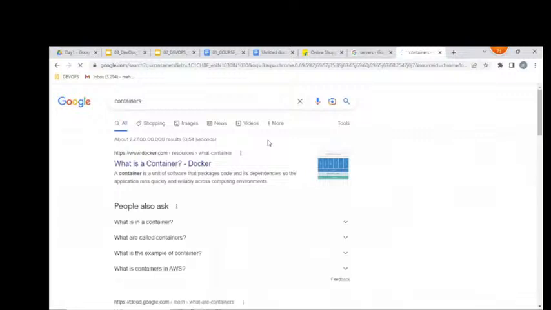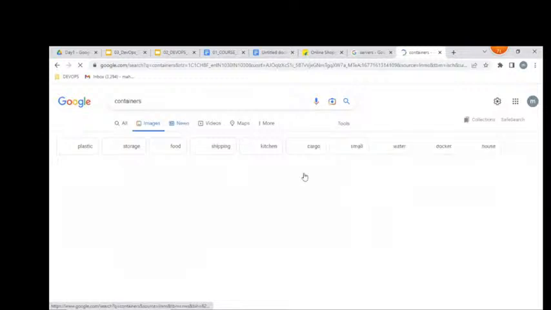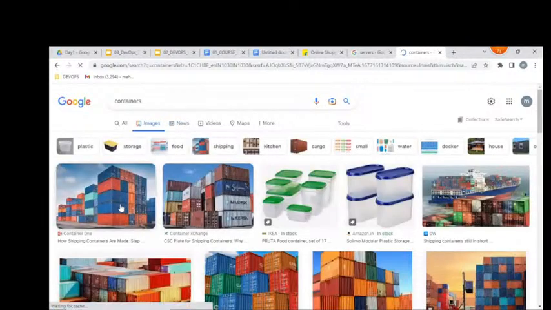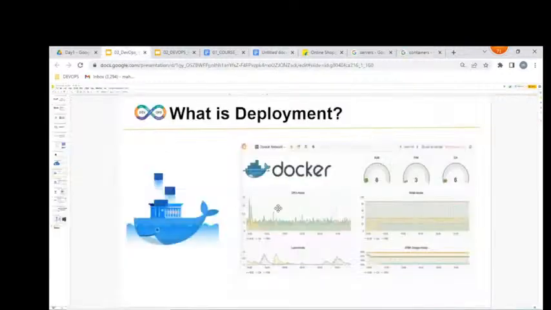I think you have an idea about real-time containers. How these containers work, the same way my Docker containers also work.